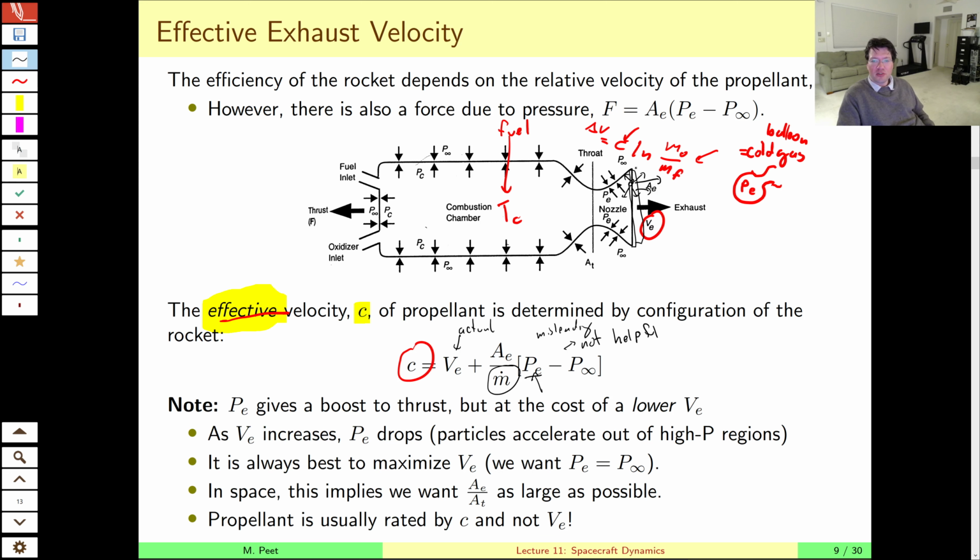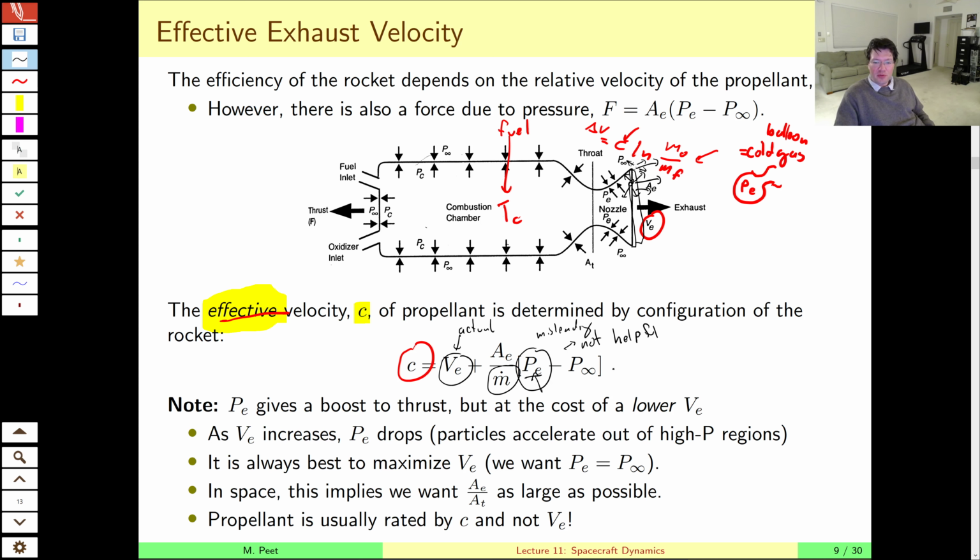Once you have these particles bouncing around randomly right here, they can go that direction, that direction, that direction. They're not the cannon ideal that we'd like, shooting straight out the back of the rocket, which is what we want. So whatever exit pressure you have is going to degrade